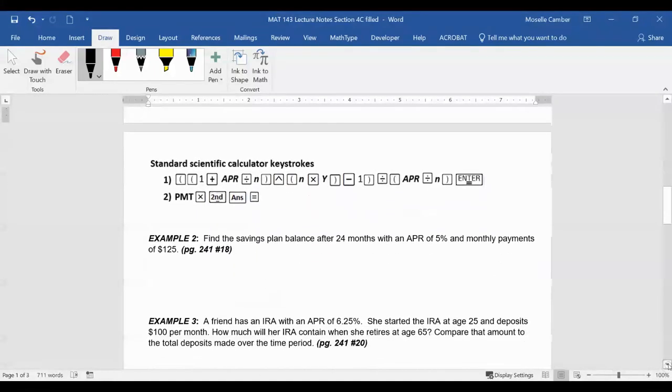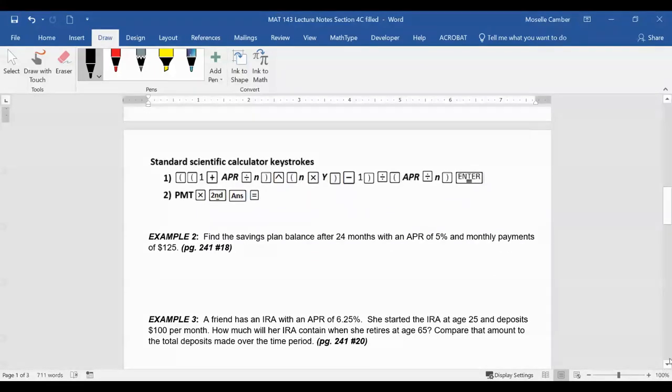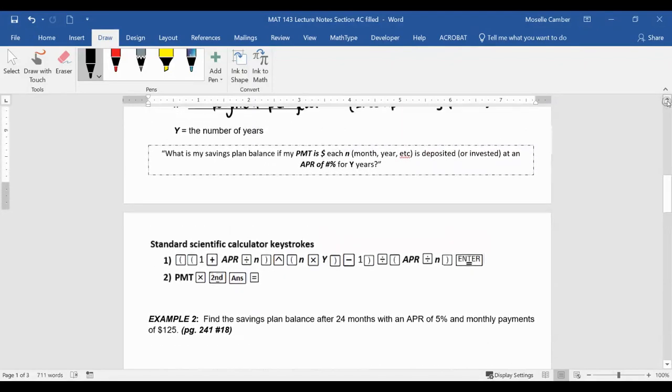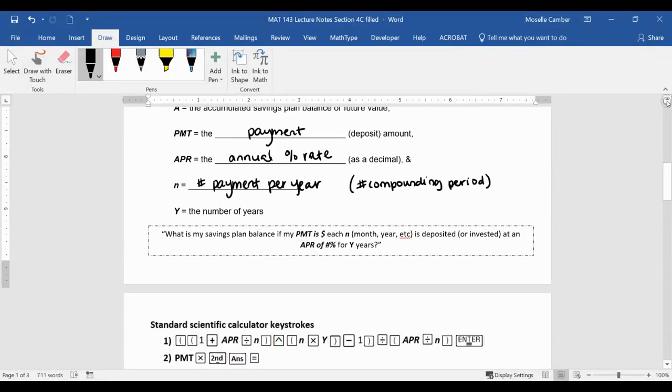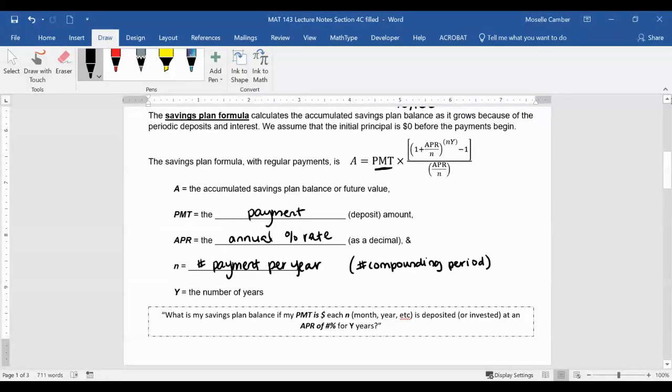Doing it in your calculator. Again, just like we did for section 4B, I want you to focus on getting all of everything past the parentheses. And if you don't want to memorize, like this is a lot to memorize. So basically what we're doing is we're going left to right, top to bottom. So we start with